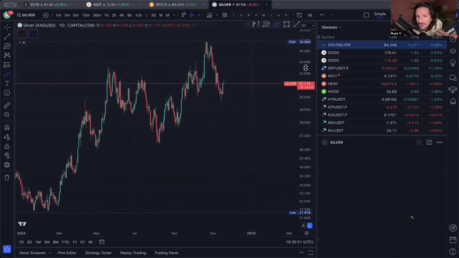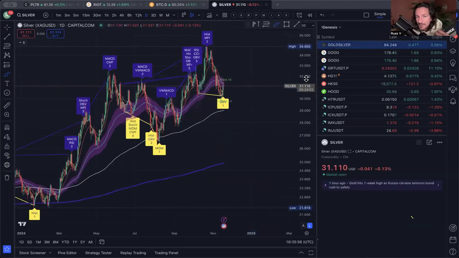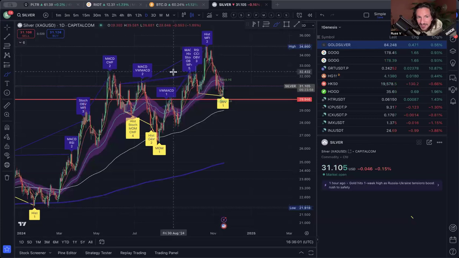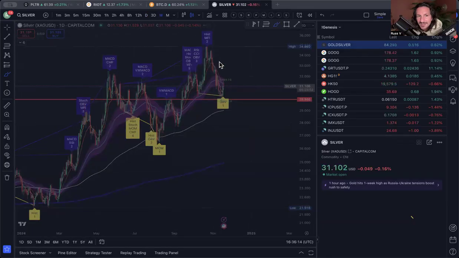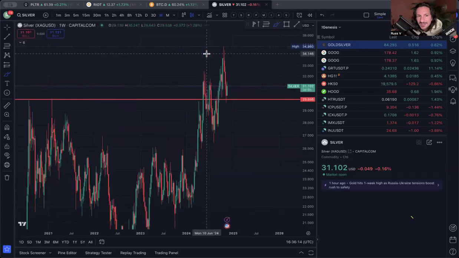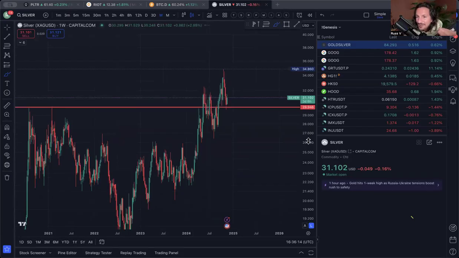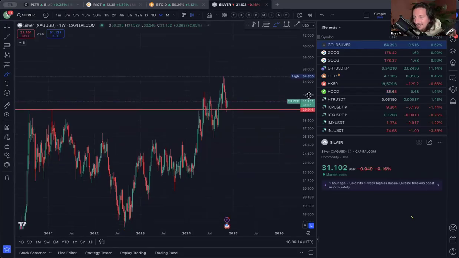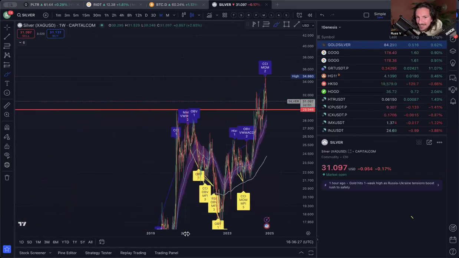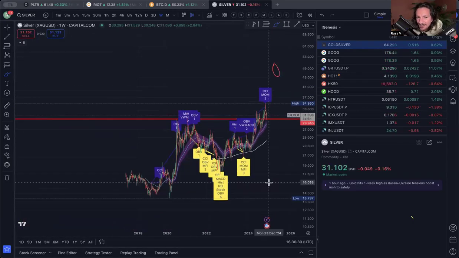I think it is very important that we also don't lose the big picture here. And the big picture, guys, is not on my chart right now. To go and see the big picture, I need to go to the weekly or monthly. We are right now breaking out from the 13 years long cup and handle formation. That's why I always want to start with the big picture, because I don't want you to get kicked out for a 50 cents move or a $1 move out of an immense cup and handle accumulation here in the silver market,